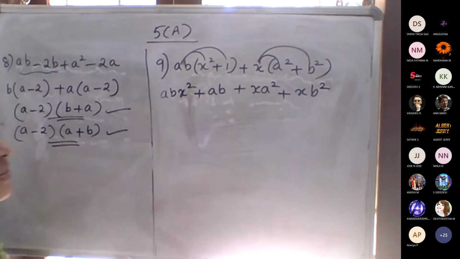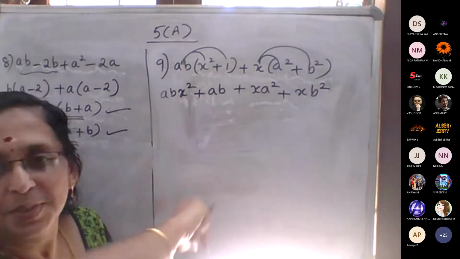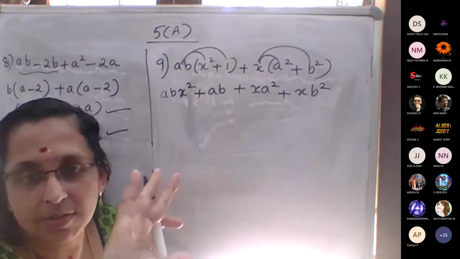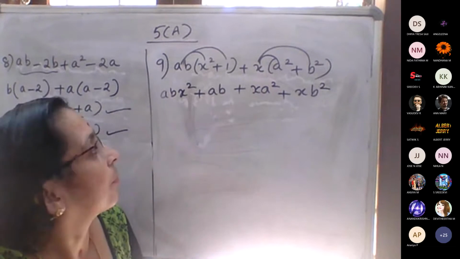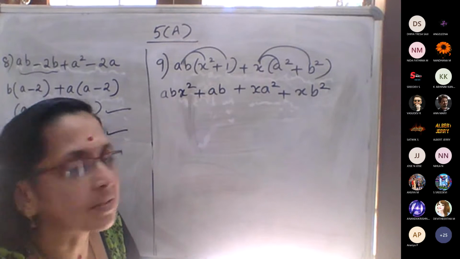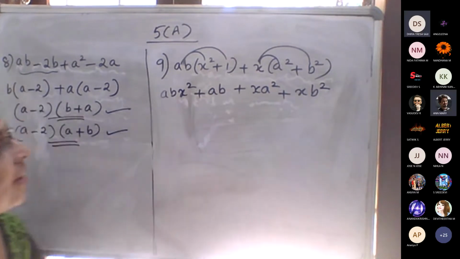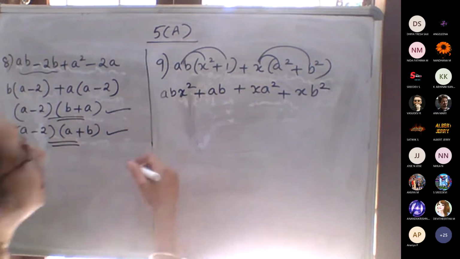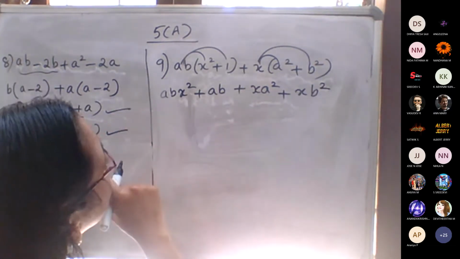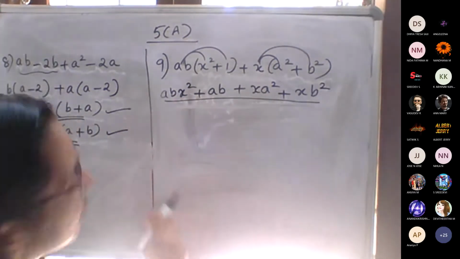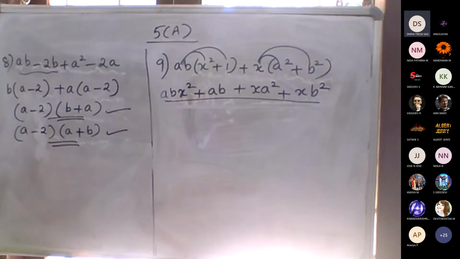Then the next step is we have to form friends, grouping two. Which two will be possible? After that you can write. Just tell me, after that I will give you time. Which two will become friends? Most of the students will make a mistake, that's why I'm asking you. BX plus A? Where is bx plus a? Bx square only, no? ABX square plus AB will become friends.